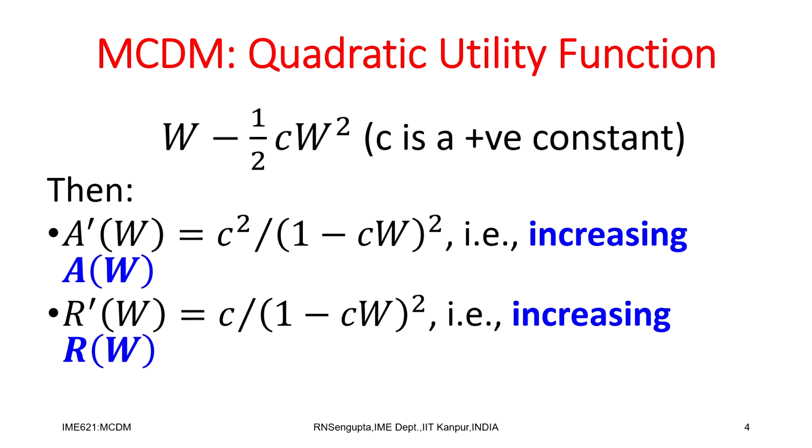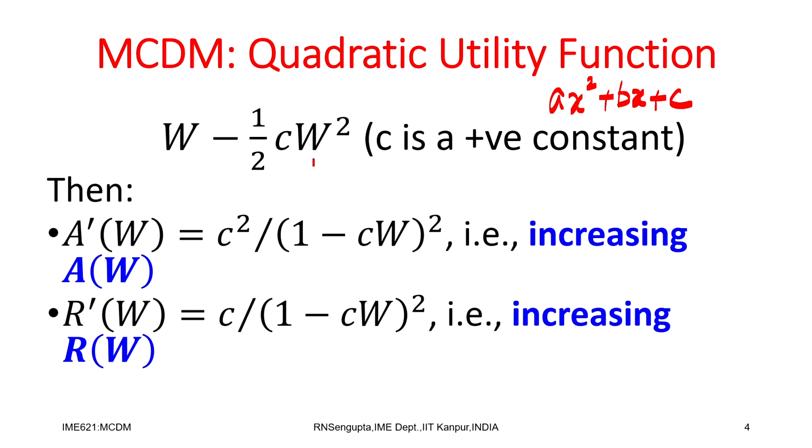So, first let us consider the case of quadratic utility function, and the formula given is this. If you remember, quadratic functions generally we can consider as a x square plus b x plus c. Here, considering the utility function as w minus half of c w square. This half is just a constant in order to negate the 2 when you differentiate.